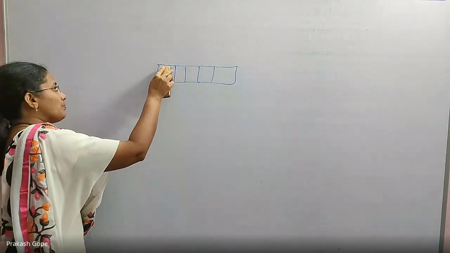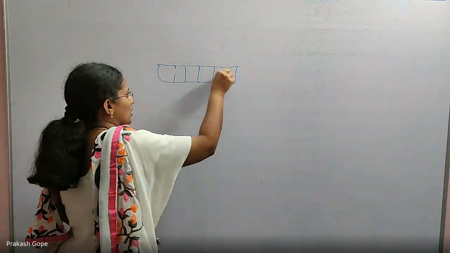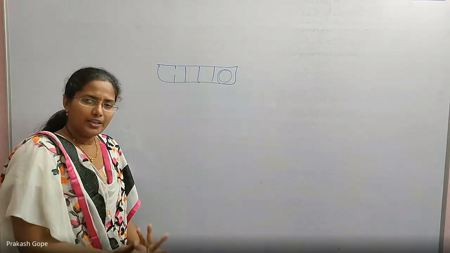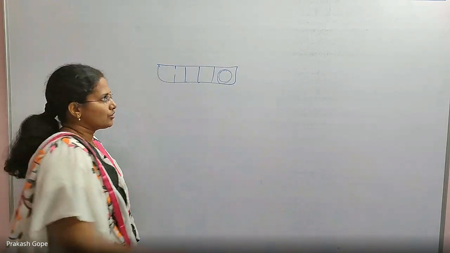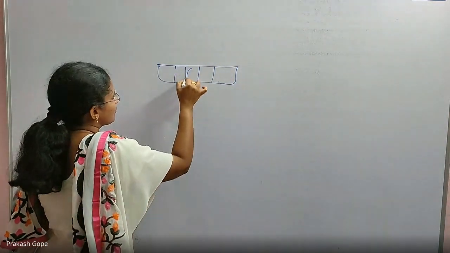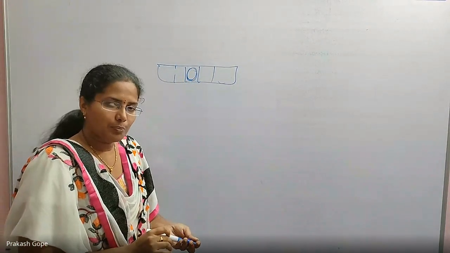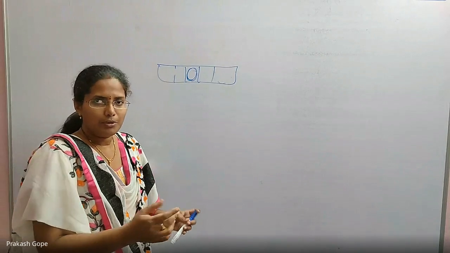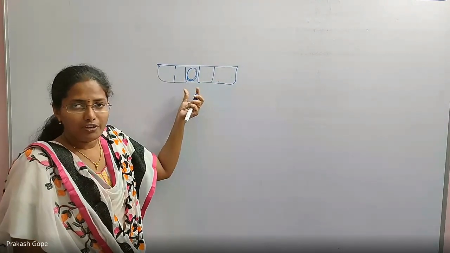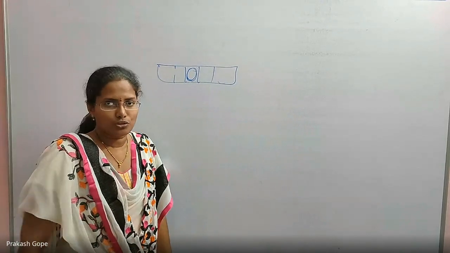If I change the pivot selection, why should I take the first element? I will select the last element as a pivot element. Even then, any guarantee that it will occupy the middle place? Again, it can go to the extreme place, correct? So last one is also not the answer. I will pick up the middle element. In the unsorted array, whatever is present in the middle, I will pick up as a pivot element. Even then, for example, with 100 elements 1, 2, and so on, 100 is in the middle, and remaining all are smaller. If I pick up that 100, obviously it will go and sit in the extreme place. That is also a problem. Again, it leads to worst case.